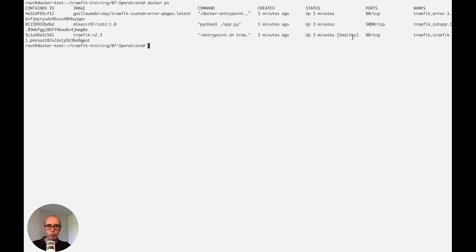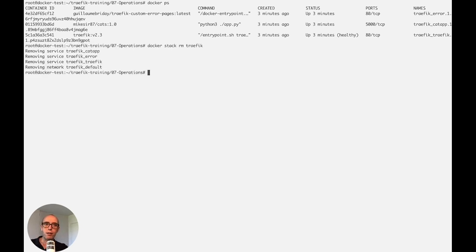Now, what we're going to do is we're going to remove the stack quickly. We're going to wait a second for it to shut down. Okay, now that it's shut down, we can deploy it again. But right when it deploys, we want to make sure we check Docker PS really quick because we want to see the health change from the health check. So Docker,